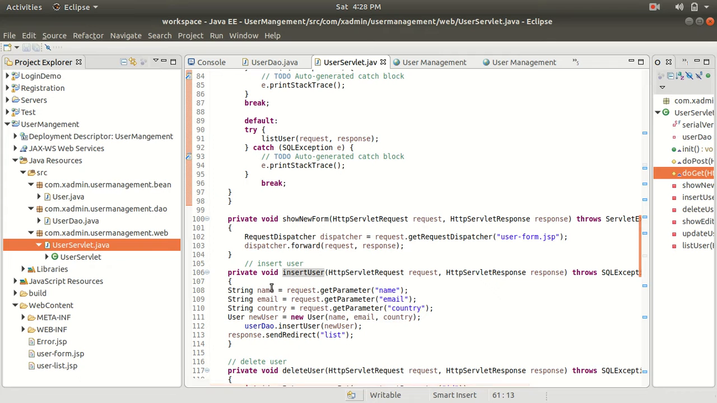Okay, so guys, this is a very small user management project to show you how to write the